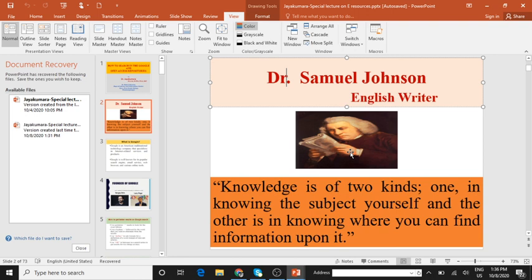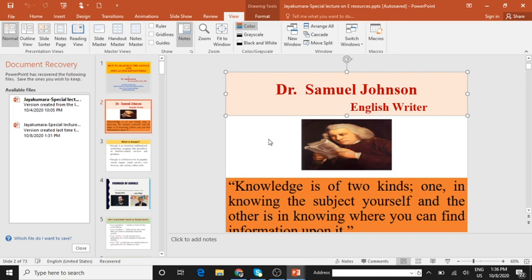So how do you work with these different slides? The different views available in PowerPoint are being given. I'll just show you what those are. You can see the first one is your normal view. Click on the View tab and you'll get all the views over here.